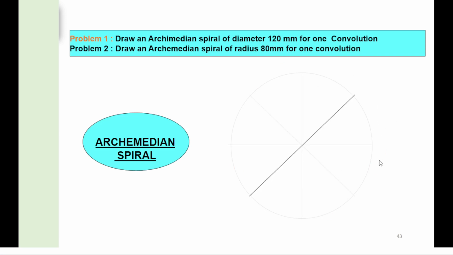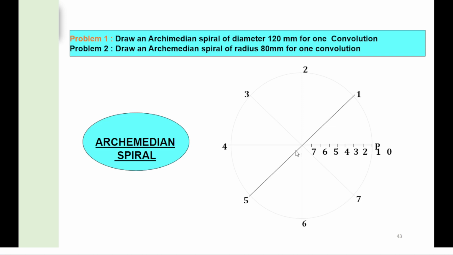Again we will divide this circle into 8 parts in an anti-clockwise manner, like P, 1, 2, 3, 4, 5, 6, 7, 8, P. Now we will divide this radius into 8 parts, as we have divided this circle into 8 parts. With the help of instruments we can divide this line or radius into 8 equal parts. Now from point P towards the left we will name these points 1, 2, 3 till 8.